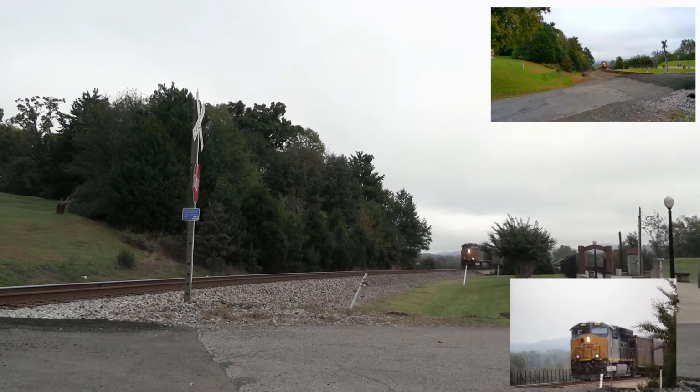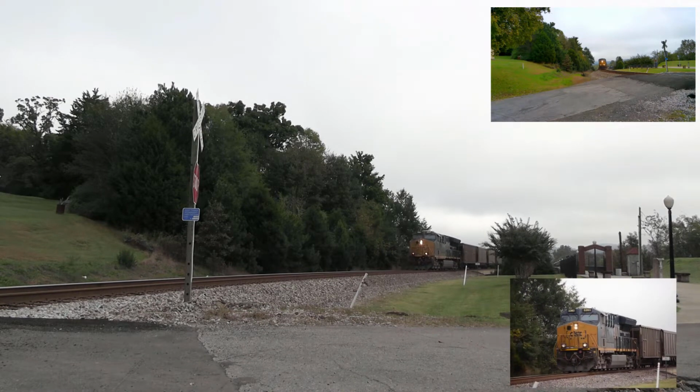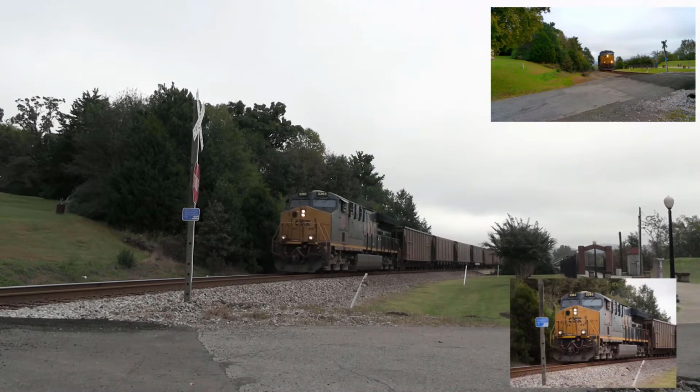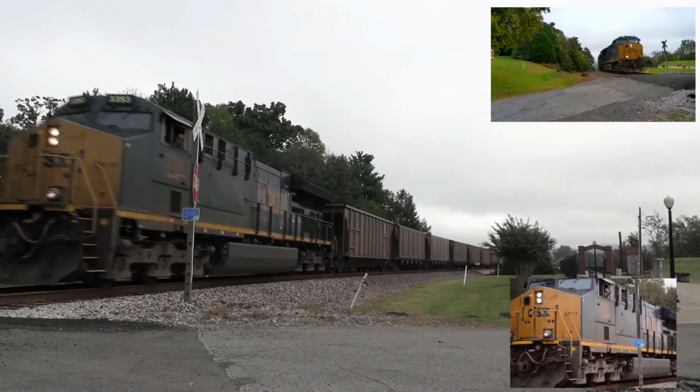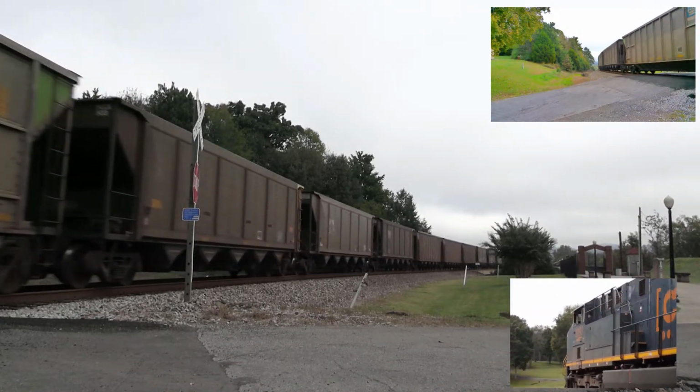CSX 3393. This is a coal train out of Chattanooga. What's really cool is when the conductor saw me recording, he stuck his head out and gave me a big old wave, which was really